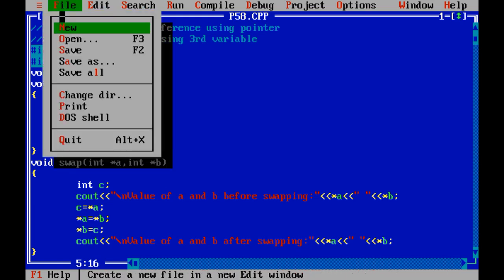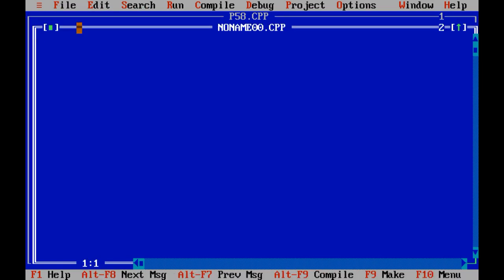Now let us perform the last program of today's session, and the concept is known as return by reference. Return by reference means we need to create a kind of UDF which returns the value not by value but by reference.